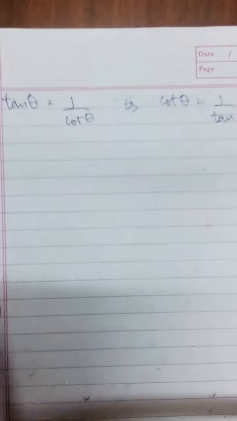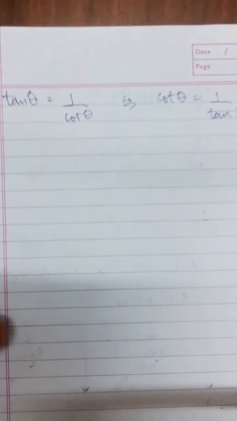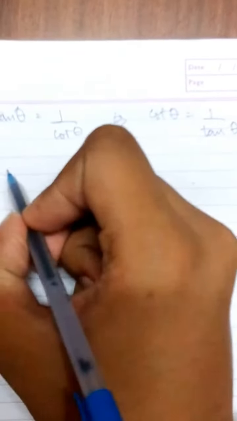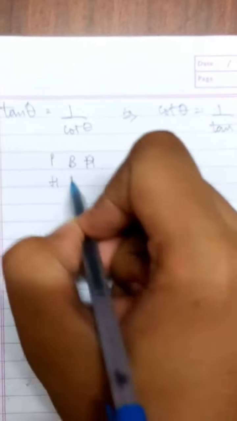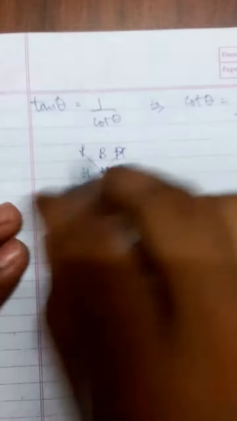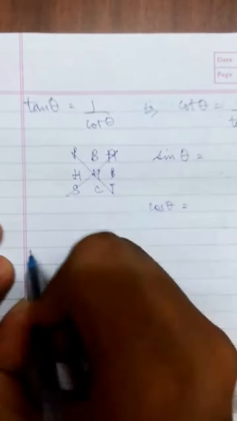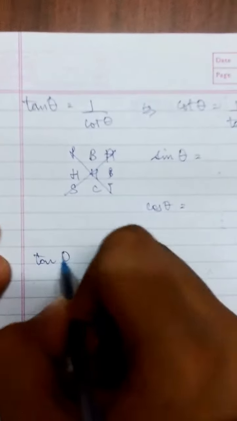Now we are going to learn how to represent these trigonometric ratios in their original forms. Your teacher would have told you the rhyme "Pandit Badri Prasad har har bole, Sona Chandi Tole". This is a very wrong method and you can easily forget it. So we are going to learn the exact form of sine theta and cos theta, and if you learn these formulas you will be clearing the basics.